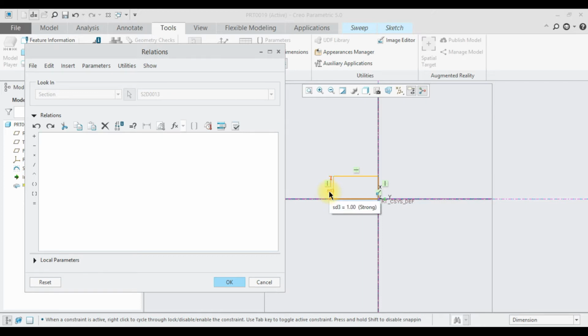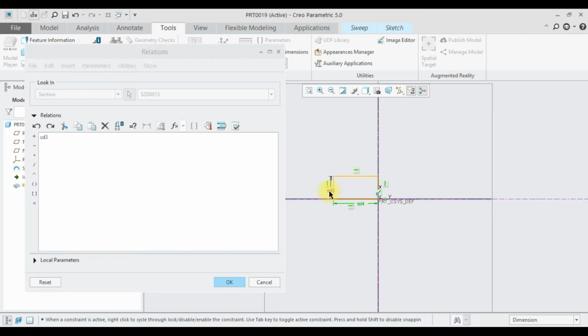I'm going to use the SD3 dimension here. Select this dimension, and now it is imported into the relations dialog box. And click on the equal to command, and